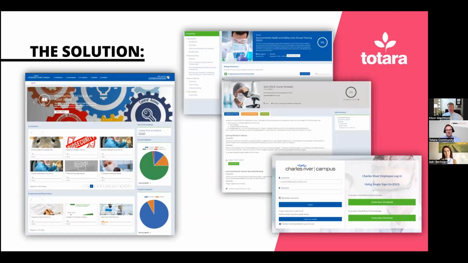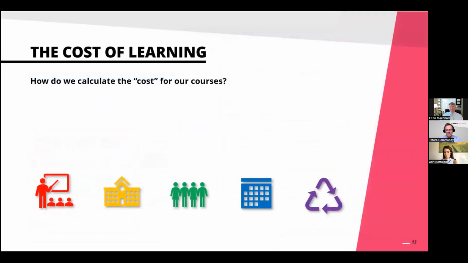So now if we talk a bit about calculating the cost of learning. This is something that many organizations will reflect on, but possibly only after they've built learning, and they may not even do it in that much detail. But as we've talked about before the webinar, you've done this in a lot of detail. So we're really keen to be educated today as to exactly how you calculate the cost of learning at